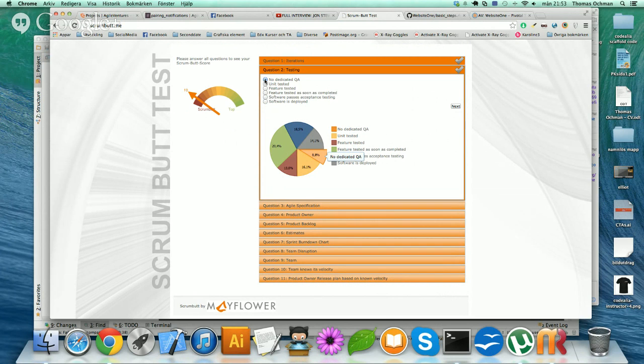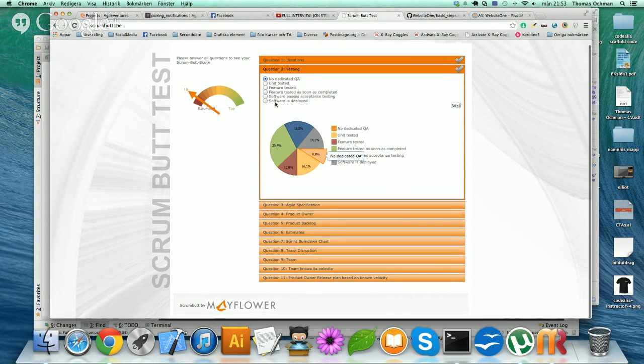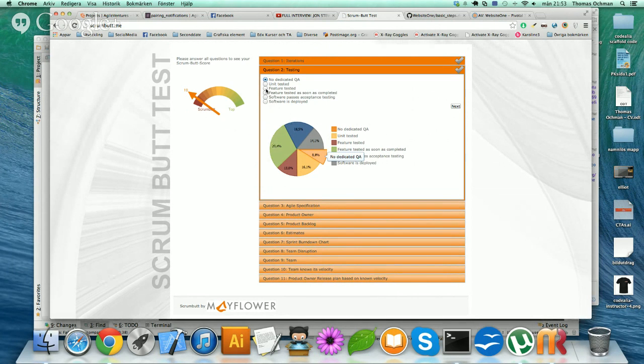So my software is feature tested, but not as soon as it's completed, because we test it before we've even written the code. But I guess this is kind of